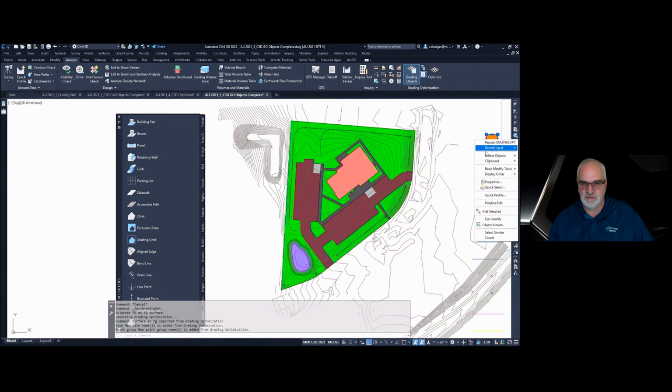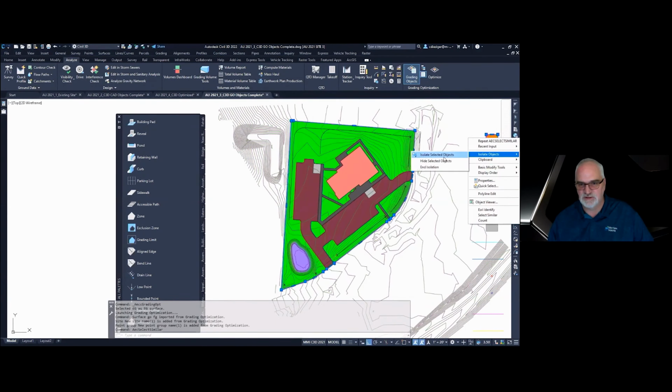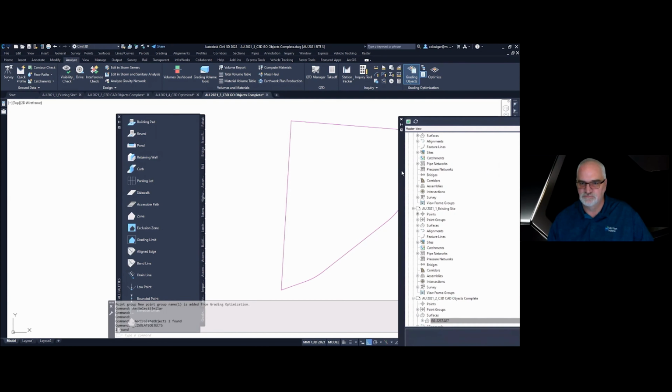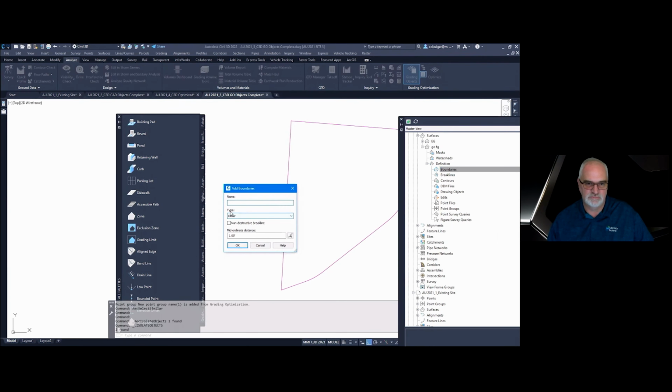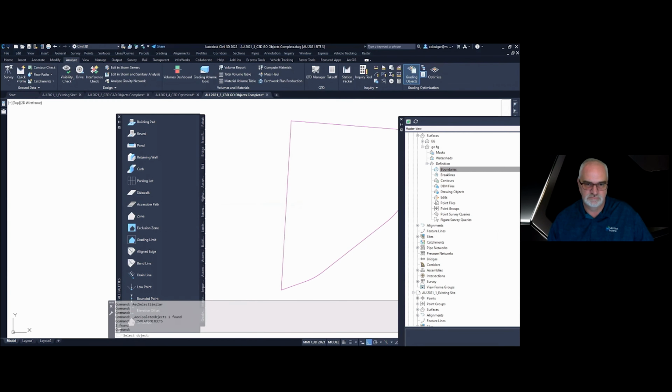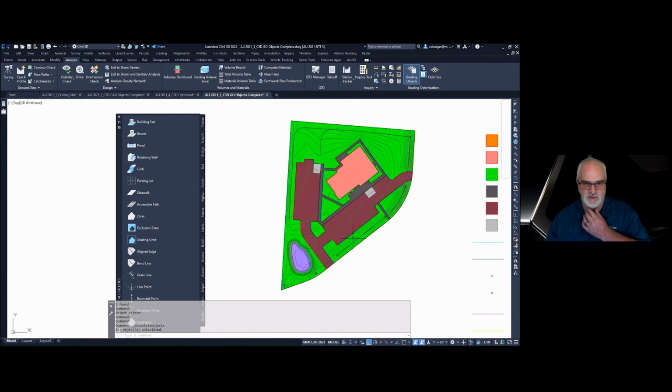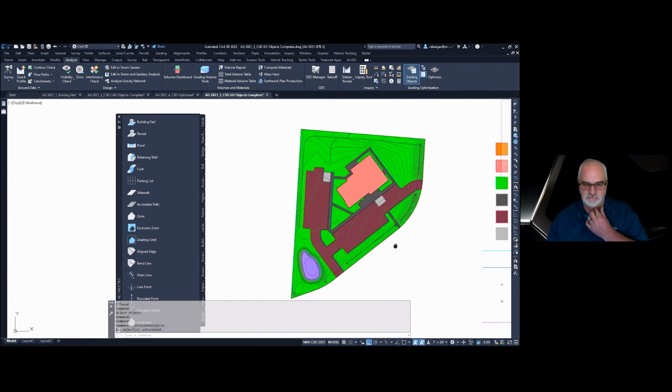So if I isolate the grading limits, this is what I like to do anyhow, is isolate it, select that surface that it brought in, and just apply an outer boundary to it. And that way, all I have is the surface within that was changed.